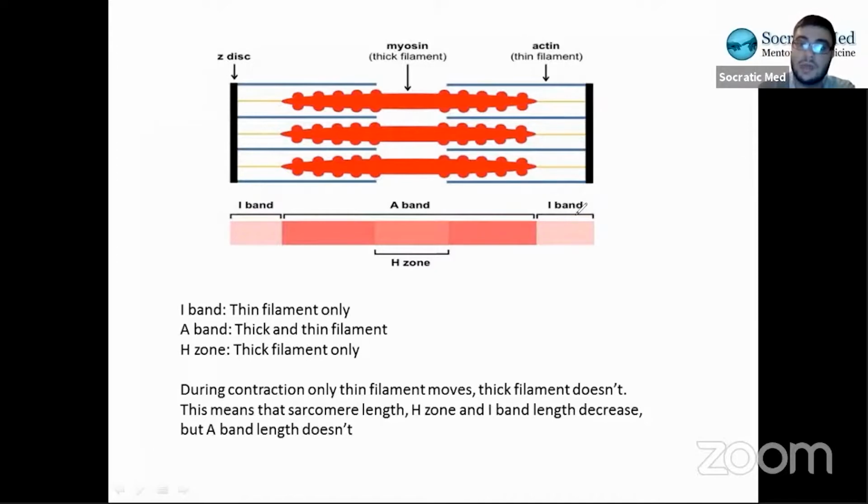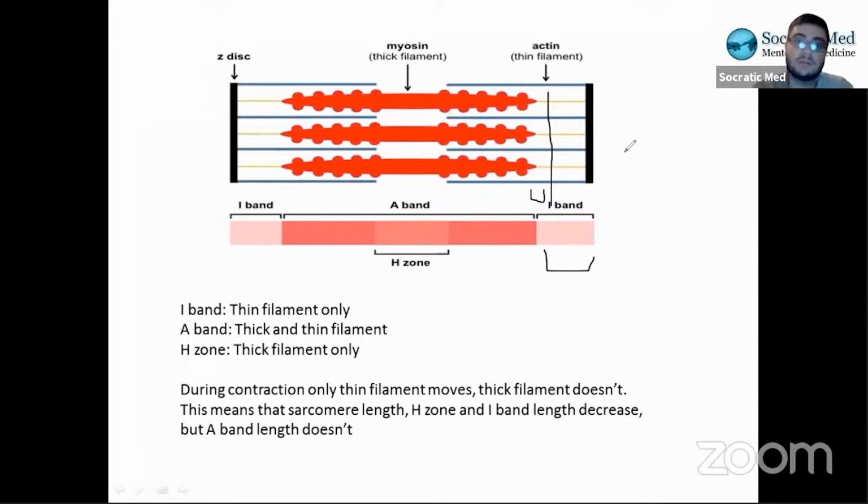Similarly, the I band is only where the thin filament is. Well, if the thin filament and the walls, these black bars, the Z discs, move closer to here, now the I band is only this length rather than this length that it initially was, right? So it moves close together, and as a muscle contracts, the overlap between thin filaments and thick